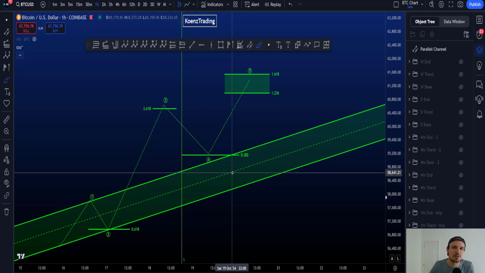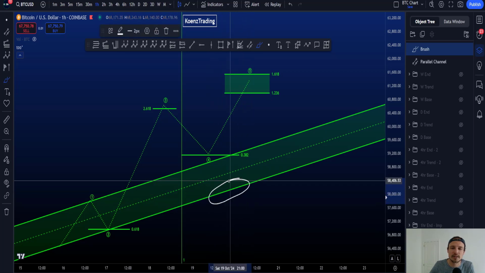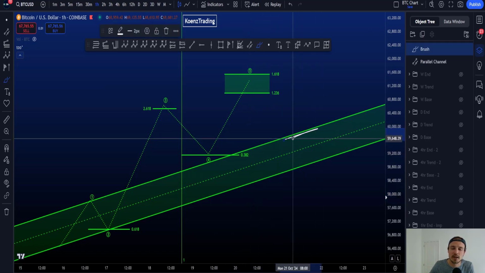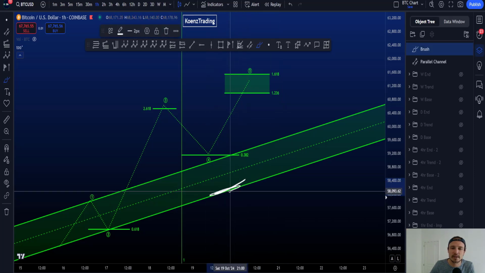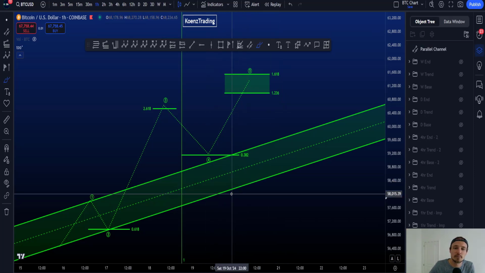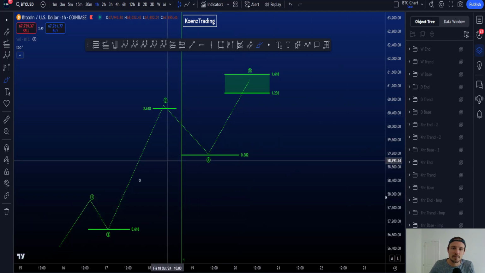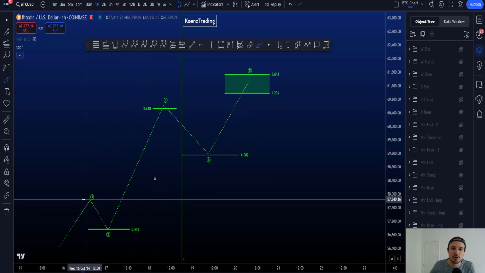The only thing you do not want to see in a wave 4 is it to hit the lower trend line in this bullish example, or of course vice versa. In a bearish example, you don't want price to hit the upper trend line. But in this example here, we don't want price to move all the way down to the lower trend line of the base channel. Now, if we then have our wave 3, volume is increasing,